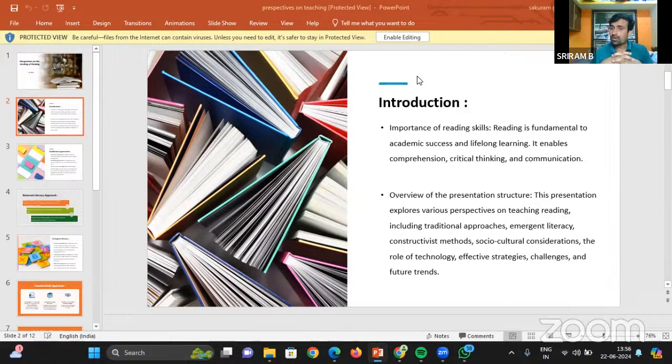Effective strategies, some plans, how to use, way to. There is a quote, I don't know who said it: the way to be silent and the way to speak. Particularly I'm talking about effective strategies: how to be in society, what to do and what not to do. And challenges, you may face some problems. And the future trends. So how is the future going to be? So that this reading enables all of us.